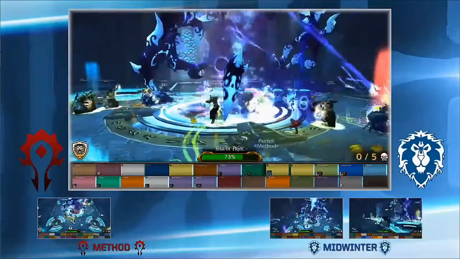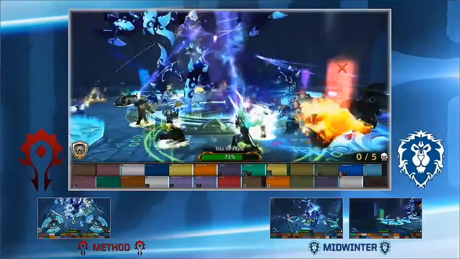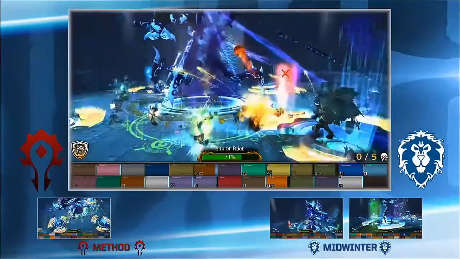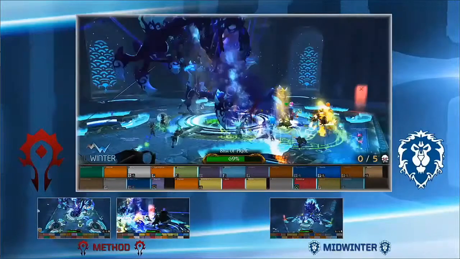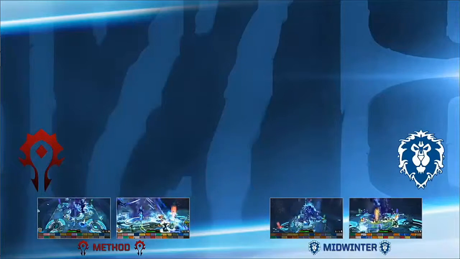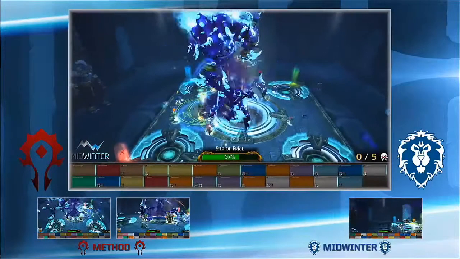So, trying to check our exact raid compositions here. I believe they're actually pretty similar overall. They're both running, you can see on the screen here, on that left side we will have the two tanks, followed by the healers, and then the DPS afterwards. So it looks like Midwinter running 5 healers. I believe Method is running 6. That is correct. Now the heroic mechanic on Shaw of Pride, many of you may be familiar with the fights